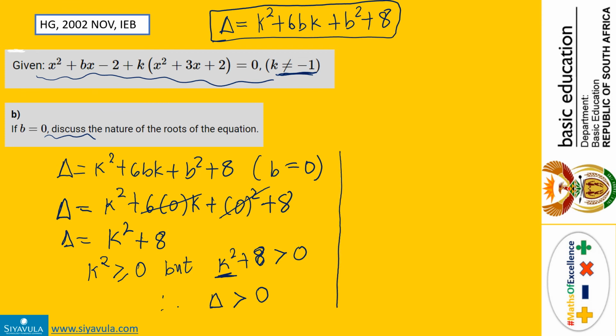So let us discuss. It means that the roots are real and unequal, because delta is not equal to 0, it is just greater than 0. If delta were equal to 0, the roots would be real and equal. So that is what we can say about those roots. Okay,